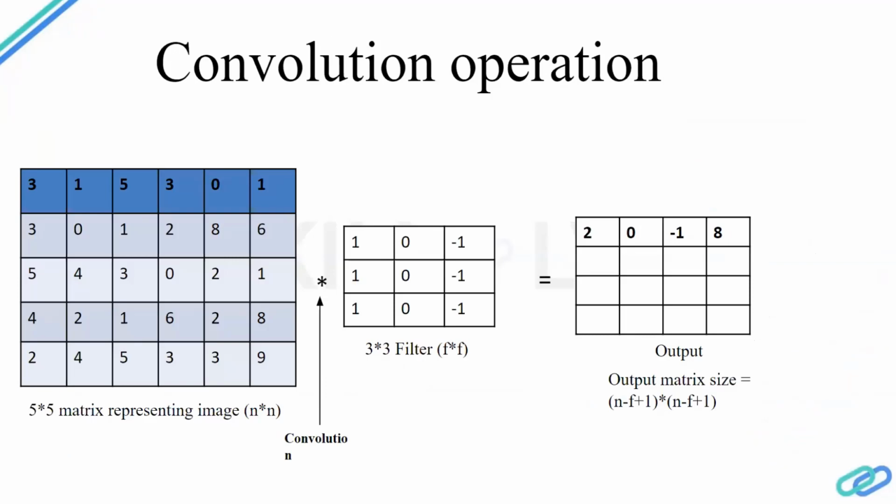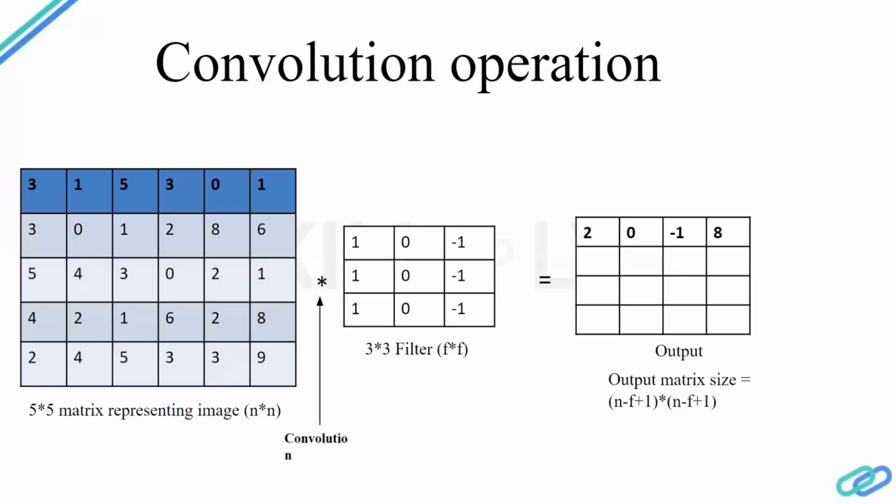So this is an example of the convolution operation. Think of this first matrix as an image. For an image, the same kind of matrix is built. If you see an image captured from our phone, the size is 1920 by 1920, so we are taking an image of n cross n. Here we have a 5 cross 5 matrix in the form of an image, and we are taking a convolution filter of 3